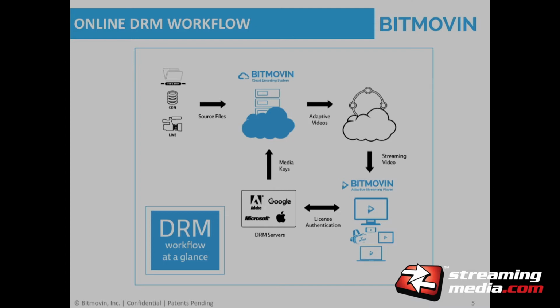So what does this mean now from the player side? You need an adaptive streaming player, an HTML5 player, which is capable of downloading the content and communicating with the license server. We have one, but there are also plenty of open source projects and other products on the market which do that. However, the integration with DRM services is a bit of a tricky part. So why is it necessary to talk about the player? The player was not a big issue in the last years,